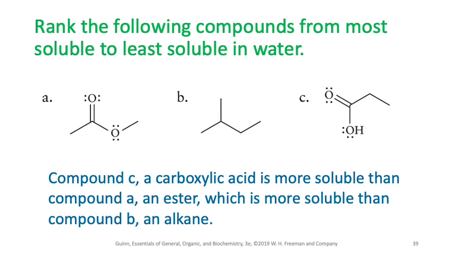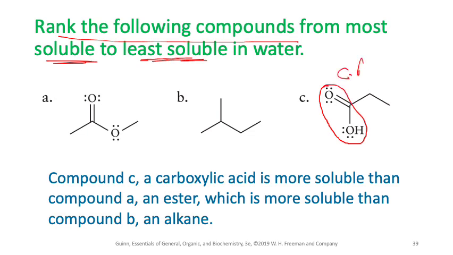So let's do one problem. Rank the following compounds from most soluble to least soluble. Out of the three compounds that are given, which one is the most soluble? The first thing you need to know is which kind of functional group you have. Over here we have a carboxylic acid, this is just a plain alkane, a hydrocarbon, and this is C double bond O R, this is an ester,